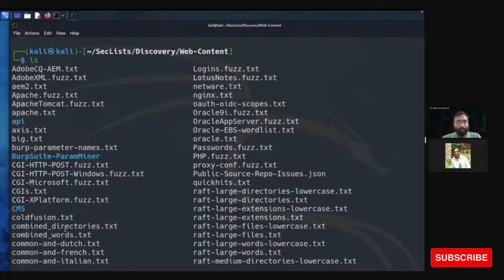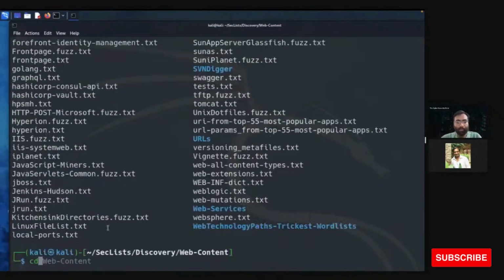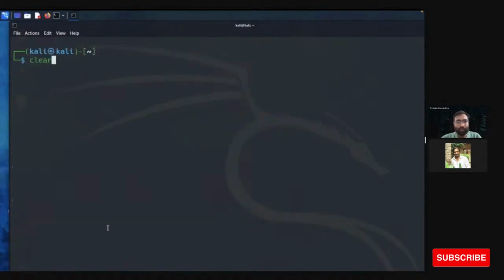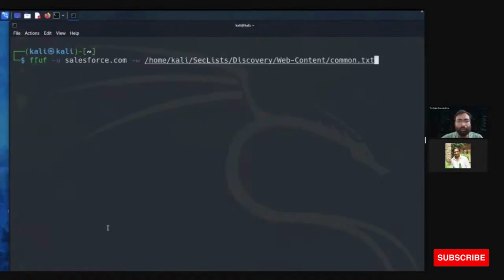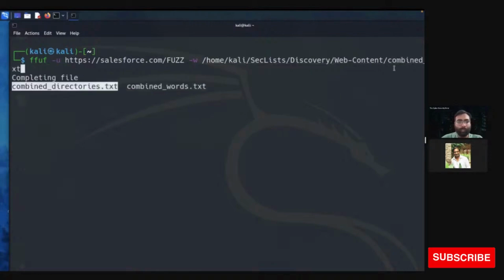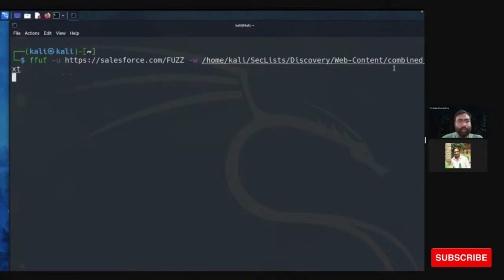Go back and give your tool. This is our command. I'm using combined directories.txt and then run.